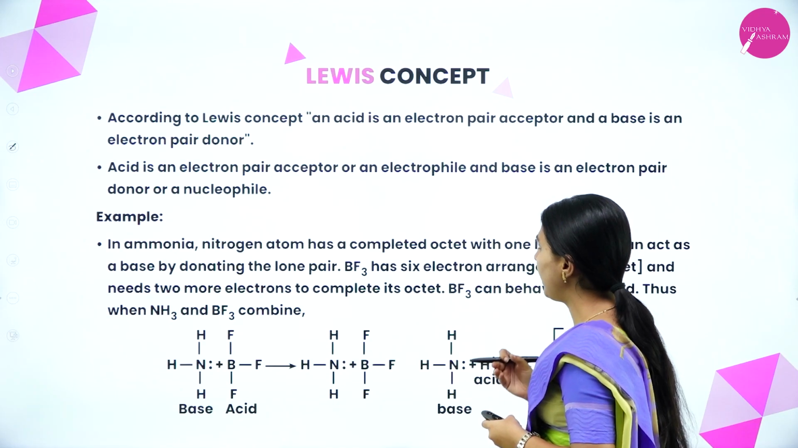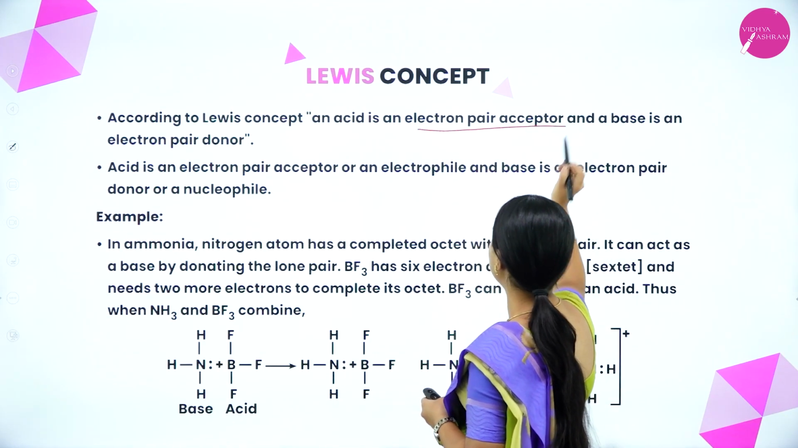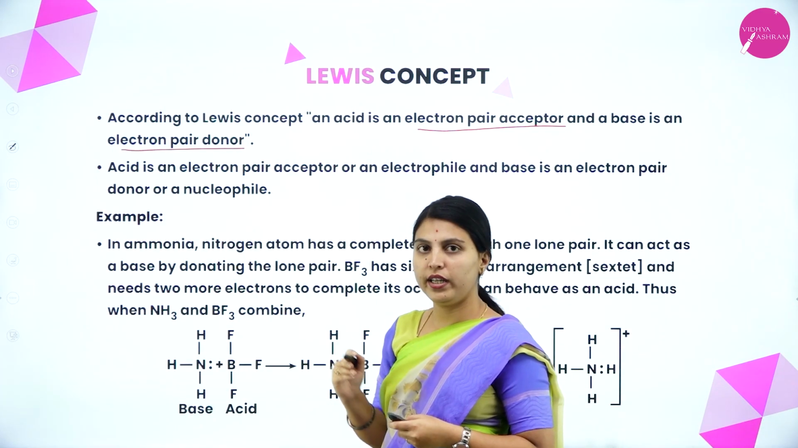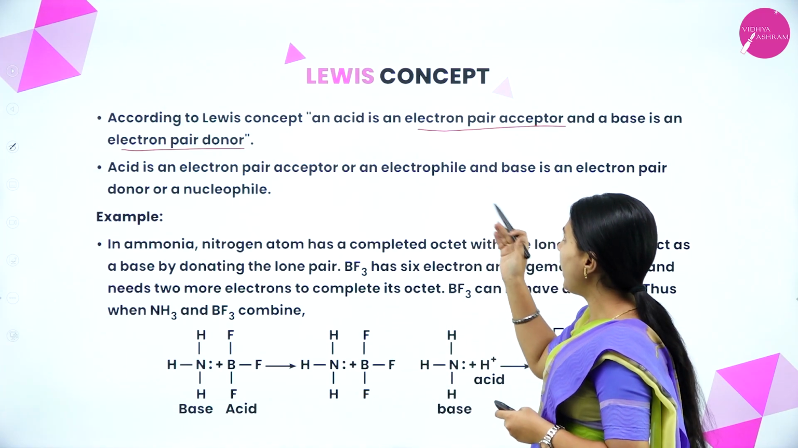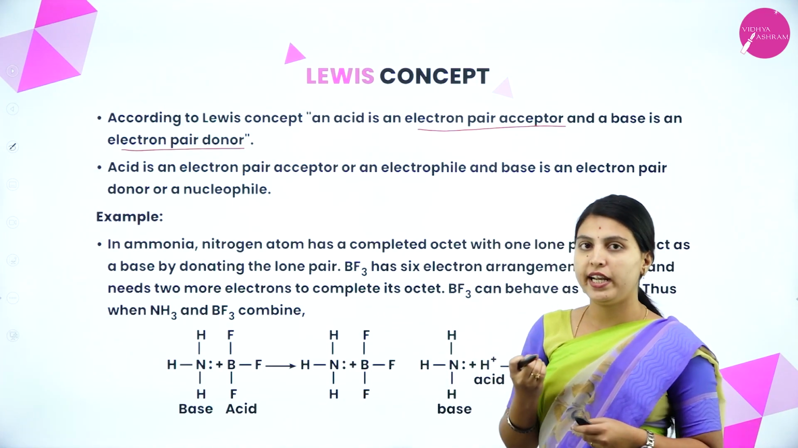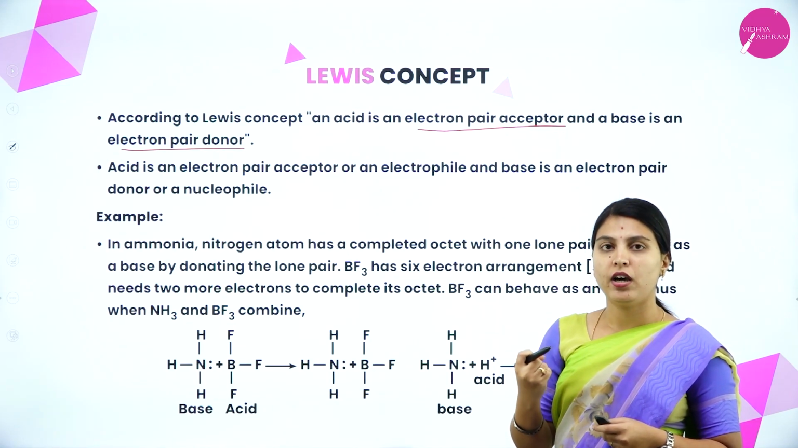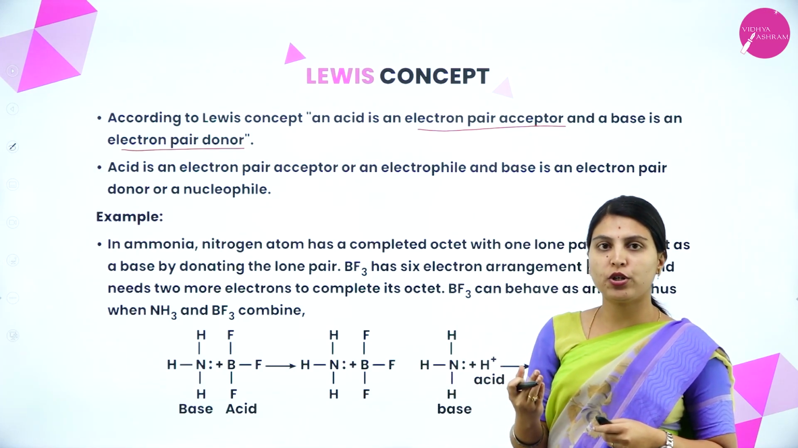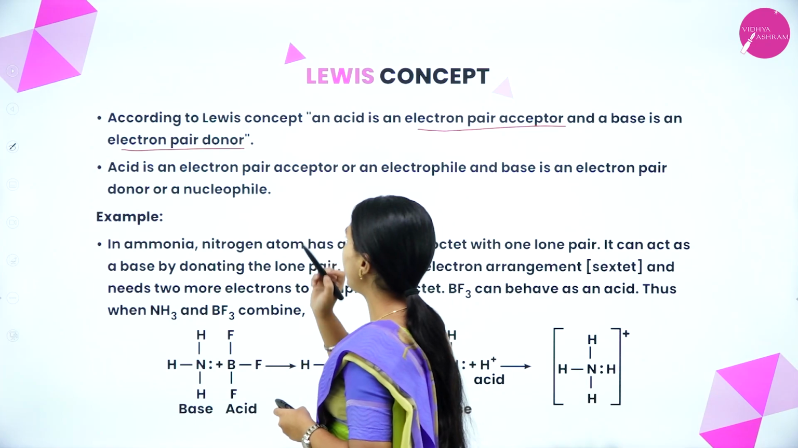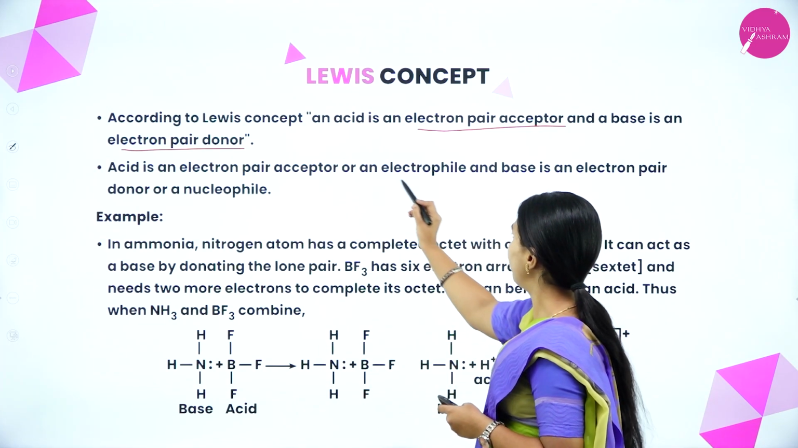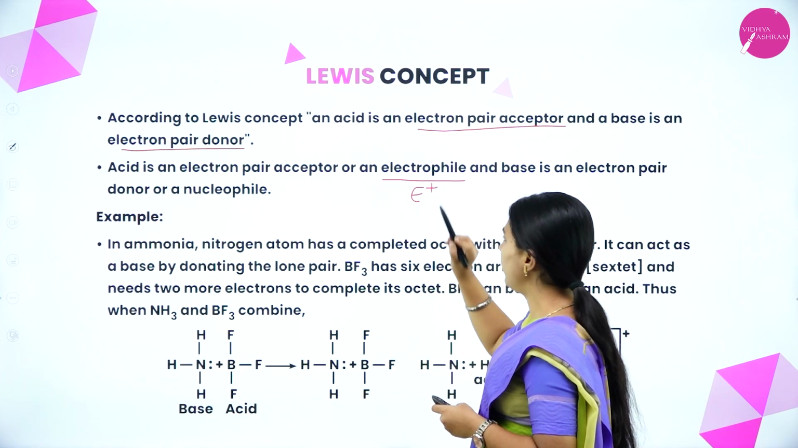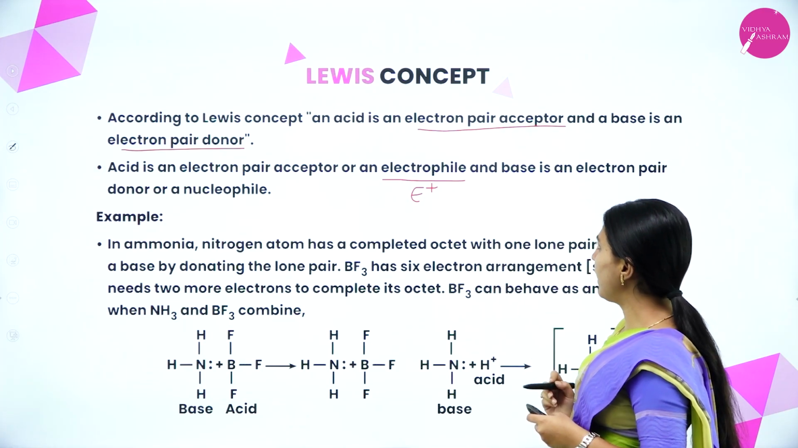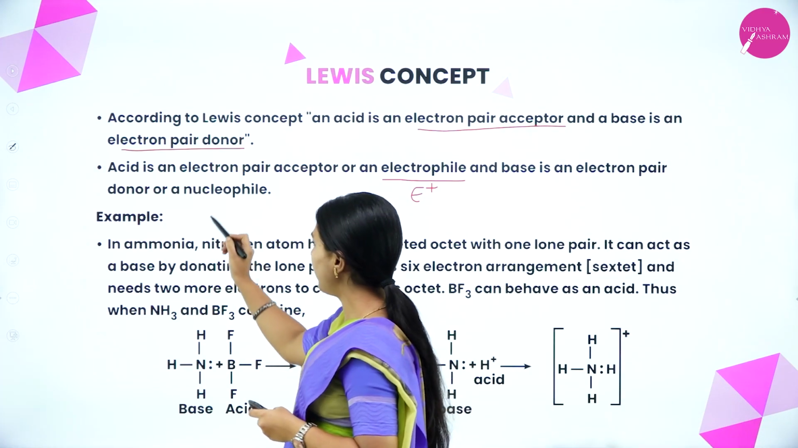According to Lewis concept, an acid is an electron pair acceptor and base is an electron pair donor. Electron pair means 2 electrons should be accepted by the acid. Base means electron pair donor; 2 electrons should be donated. Acid is an electron pair acceptor or an electrophile. Usually electrophile will be represented by E plus. So acid is an electrophile and base is an electron pair donor or